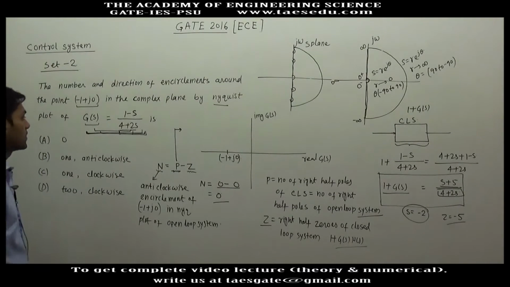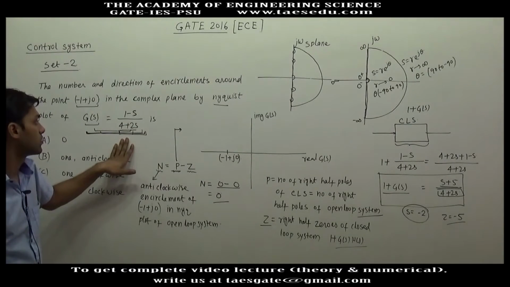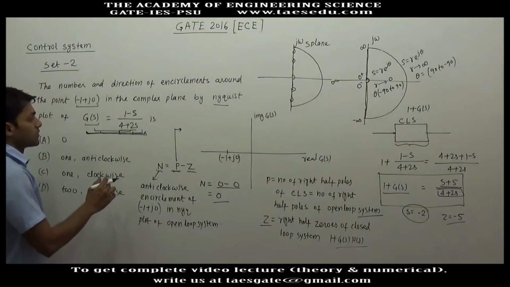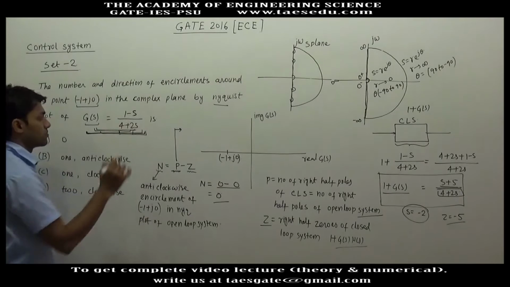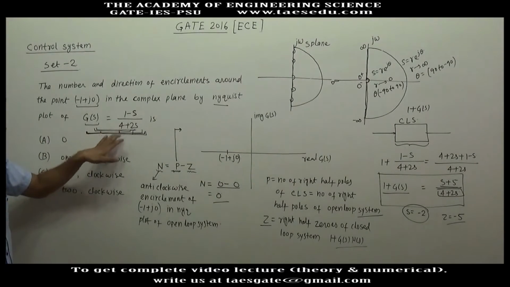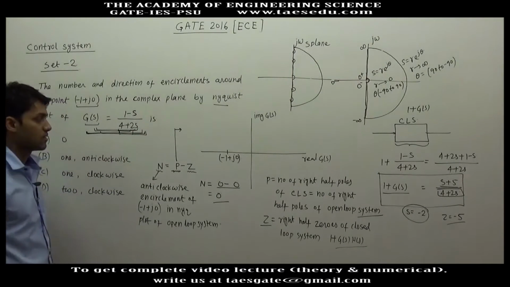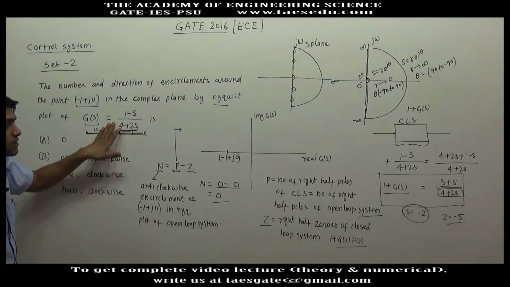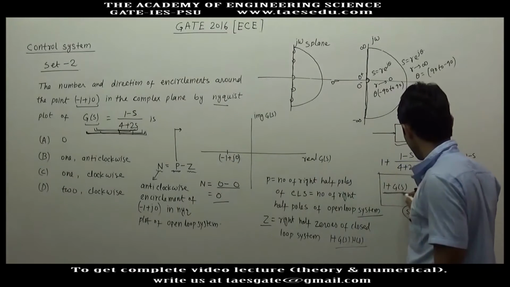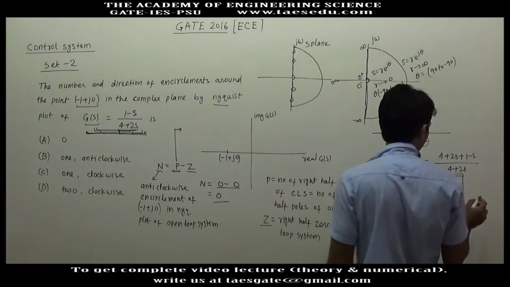So what I did, I related this problem to the problem of stability with the help of Nyquist plot. Normally in the problem of stability, you will be given an open loop transfer function, but that open loop system will not be as simple as given in this question. But in this question, this is very simple. So what I did, I found out 1 plus GS, and in 1 plus GS, it is clearly seen that